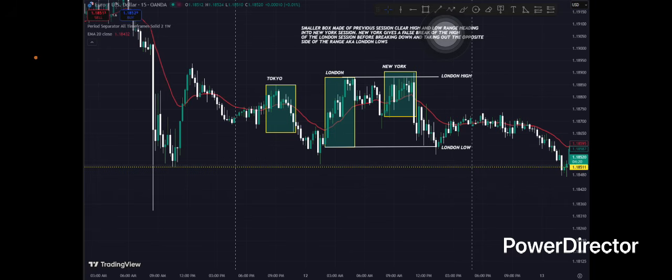We want to demystify the box, all right? It's a very simple, easy concept, but you have to filter out your pairs. All right. You don't want to be staring at a chart for 30 minutes trying to do a science project and figure out what's going on. All right. Scroll through your charts. If you don't see anything clear, you skip it. Sometimes you're not going to be able to trade every day. That's day trading, bro. You know what I'm saying? You're trying to preserve your mental capital, preserve your financial capital, and trade on the days it's easy to make money,